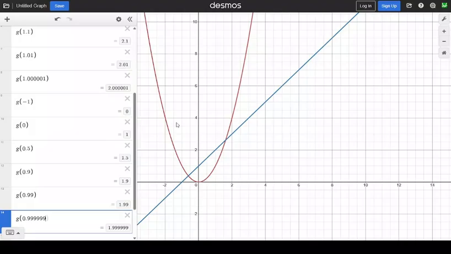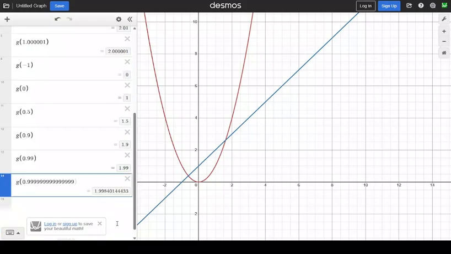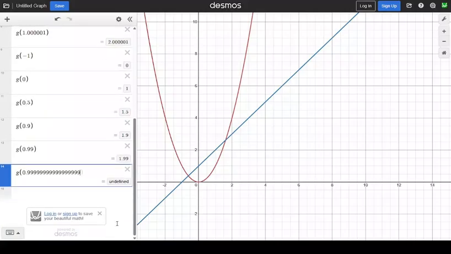So 0.9999999. We notice that at one point, this rounds to 2. This is the fun thing about decimals right here. When you enter so many digits, the slope is basically 2. They round it for us because we got so precise. We have so many 9s here that the decimals round this, because it's so close to 2, maybe by just one billionth of a decimal place,